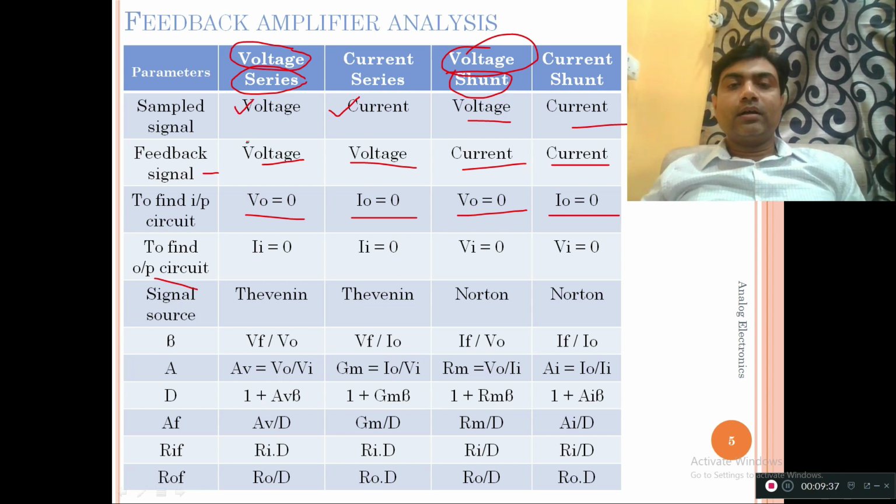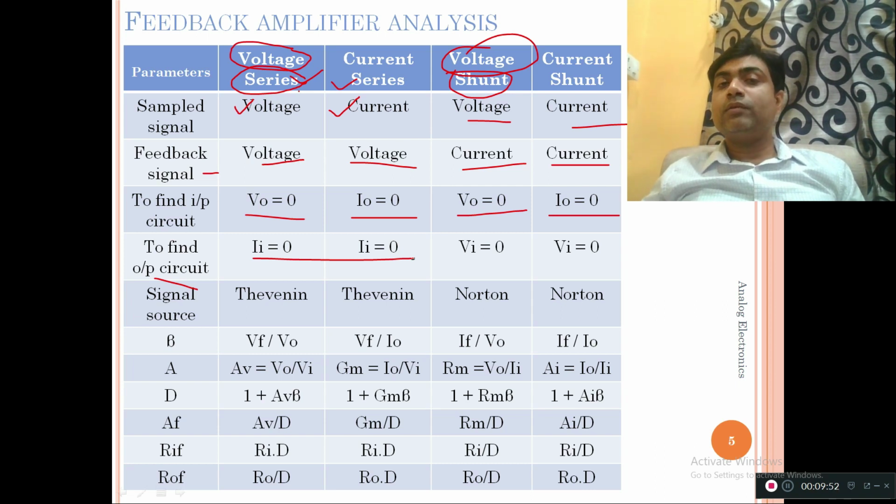Okay, and if I am talking about the output circuitry, then the relationship is reversed. You can see from here, if it is series mixing, here it is series mixing, here it is series mixing, in both I have made Ii equal to 0, because we are adding the feedback element in the form of voltage with the source. And if it is shunt mixing, these two cases are shunt mixing cases, then I have made Vi equal to 0 because I am adding the feedback element in the form of current with the source. So accordingly you can remember.